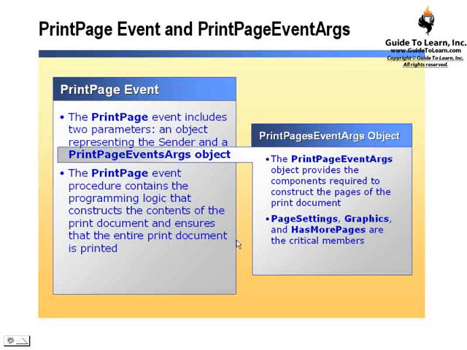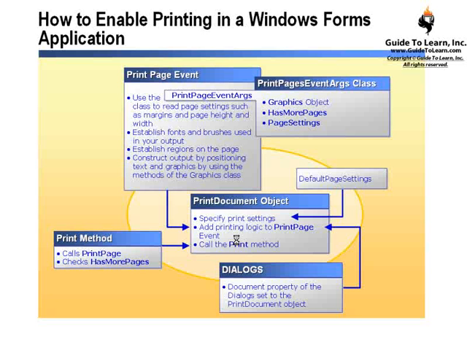Very, very straightforward. Now, how do we enable printing in a Windows form? Well, obviously, the center of attention here is the print document object. The print document object specifies print settings, like default page settings perhaps. Also, you have to add the printing logic to the application by calling the print method, which raises the print page event. By calling the print method, you actually prepare the information and then start printing,